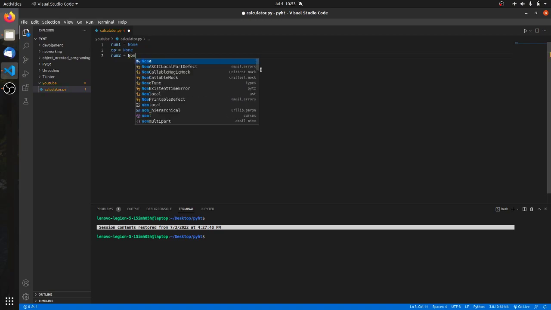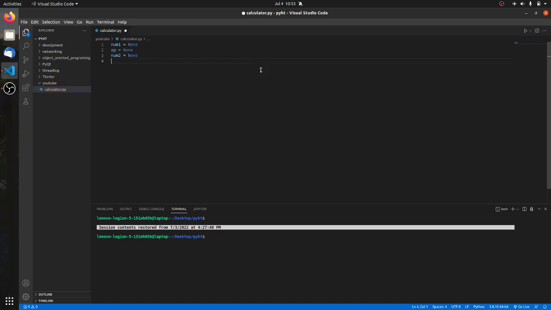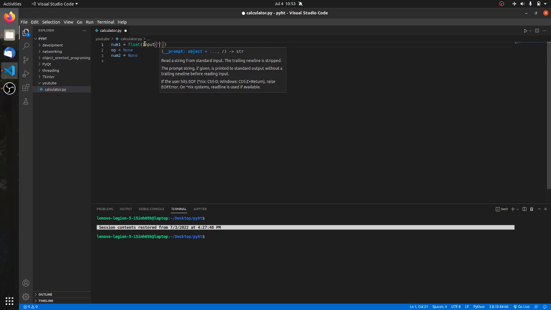Why do I hate this keyboard. Alrighty, so we just created our variables already, and we're obviously going to be collecting input from them. How are we going to collect input through them? So, first off, we are going to want to type float input. And then we want to put in